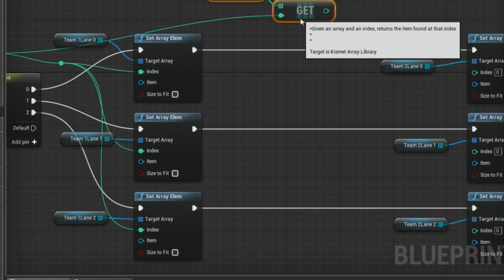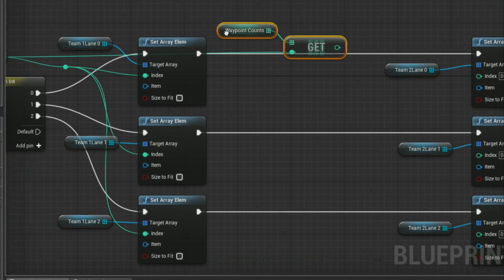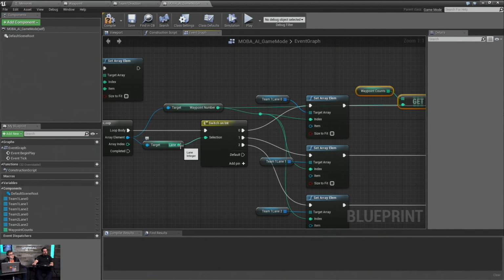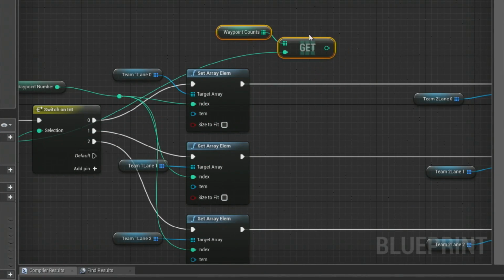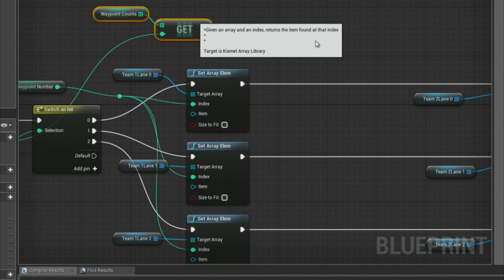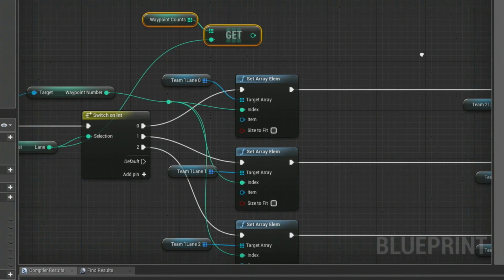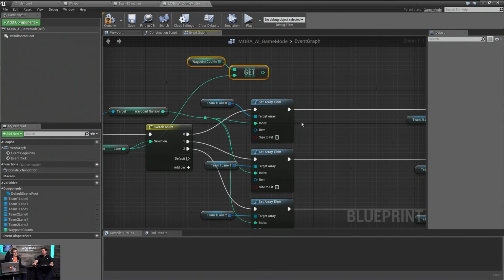And now we will be able to get, no, that's not it, we want our lane. Our lane. There we go. And now we'll know how many waypoints are in that lane, so that we can figure out, okay, its index is this, what are our total number of waypoints? And then we can invert it. Yeah. So in a way, it's just kind of like the columns of lanes, rows of waypoints. Yes. And we're just extracting them.